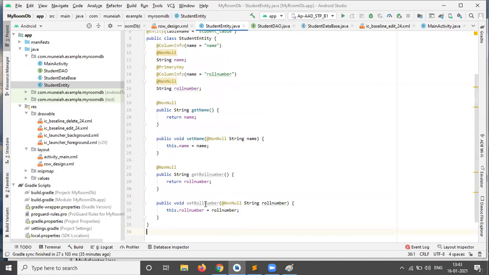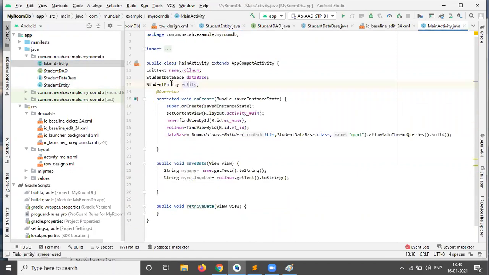So in the main activity, in the save data method, I'm initializing the entity class: entity equal to new StudentEntity. That's the initialization.